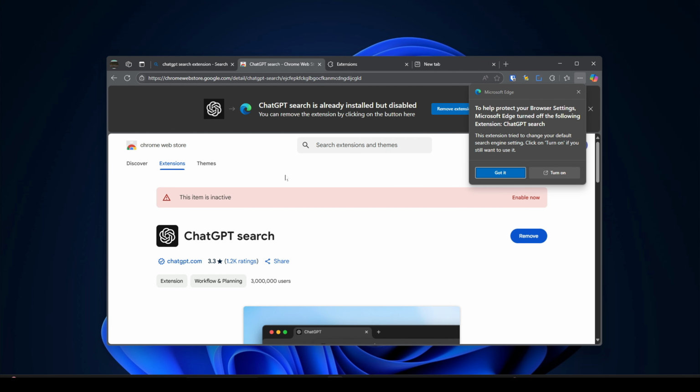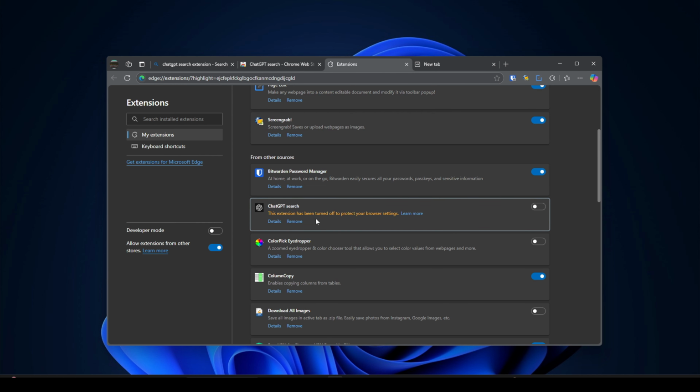Alright, so the extension has been installed on the browser. You can see another prompt here that says, to help protect your browser settings, Microsoft Edge turned off the following extension, ChatGPT Search. So what you want to do is just go ahead and click on Turn on, and then it takes you to this extension page. Just go ahead and toggle this on, and once you do that, you have successfully changed your default search engine